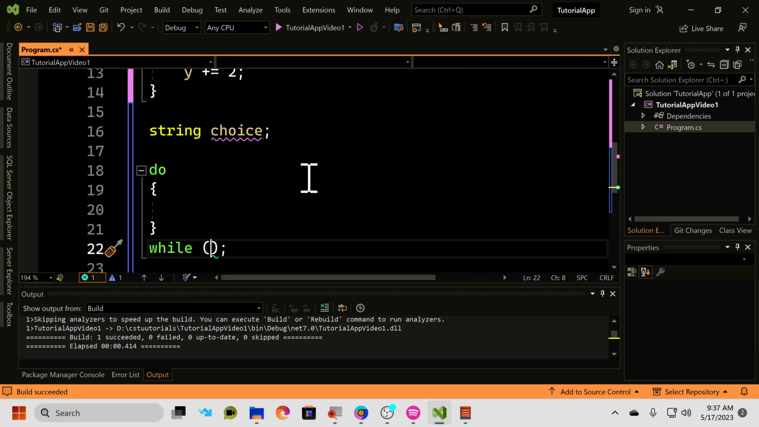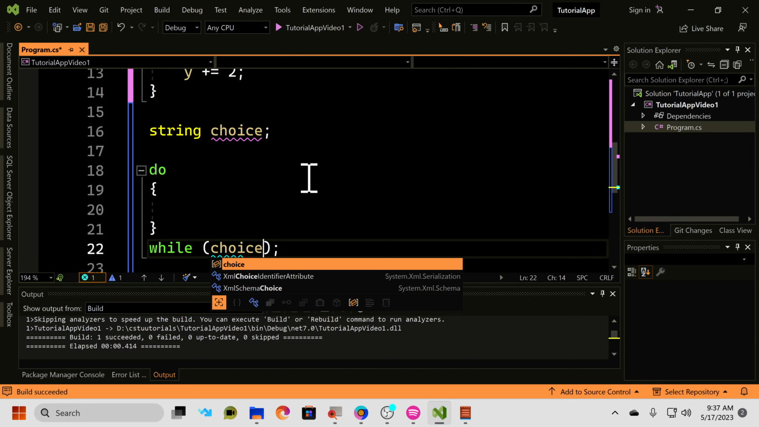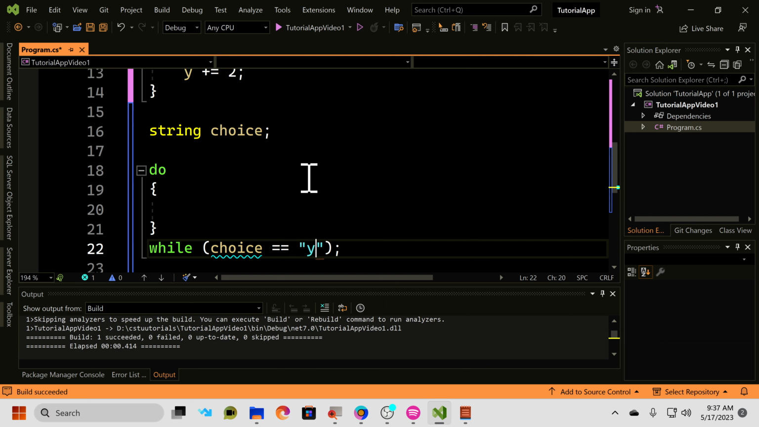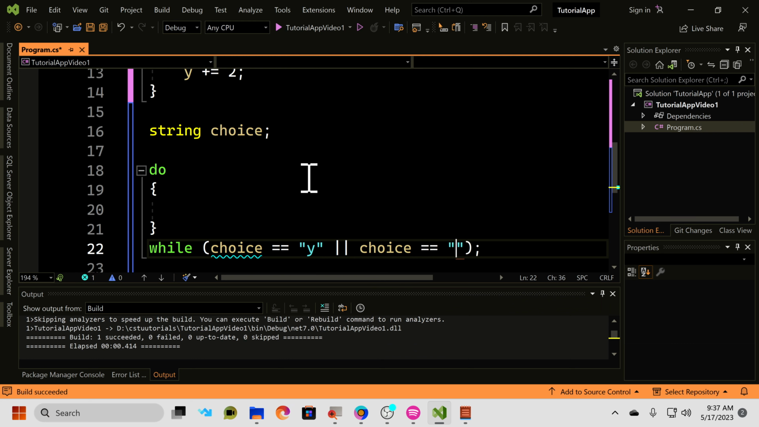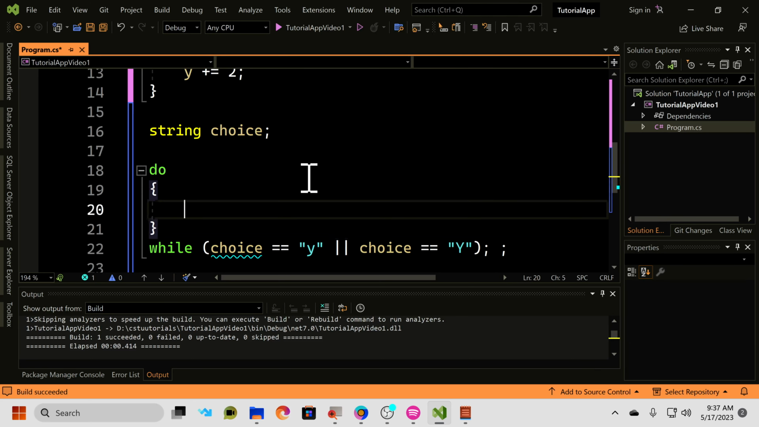So we can then test for choice equals y, or choice equals Y. All right. And so what this is telling us is do something while choice is either a lowercase or an uppercase y. So if the user chooses y or yes, we want to loop again. All right, so in here then,